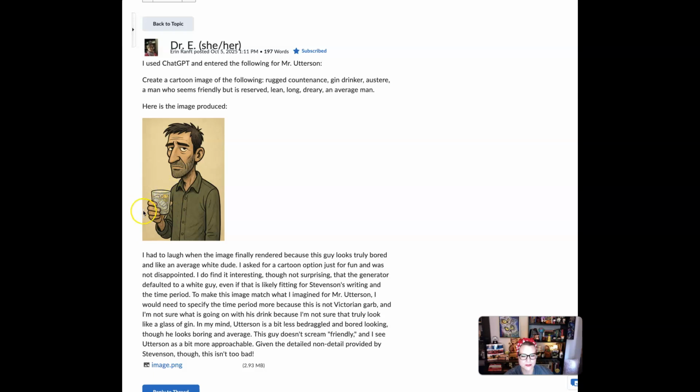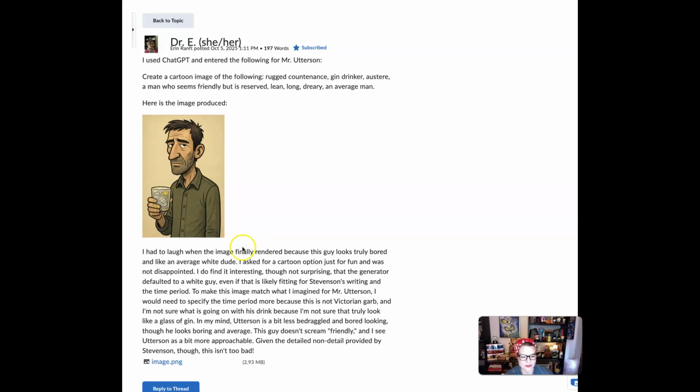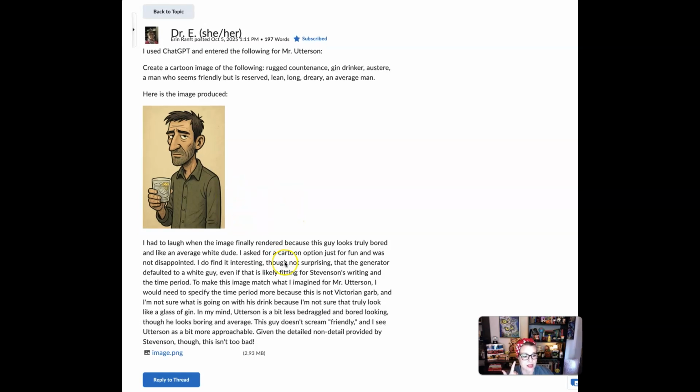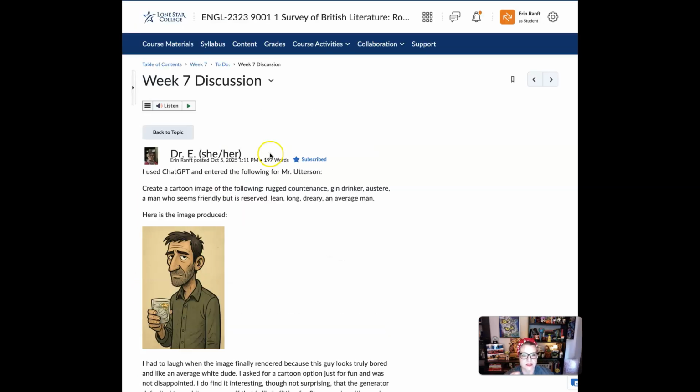I don't really know what this drink is, I guess it's a drink with liquid and ice and maybe a lemon or lime wedge if it's a gin. I don't know. So I put some information that just reflected on the difference between what I input, what I see, and what's in my mind, right? And what I would add to make it a bit more accurate to what I thought. And then I clicked post.